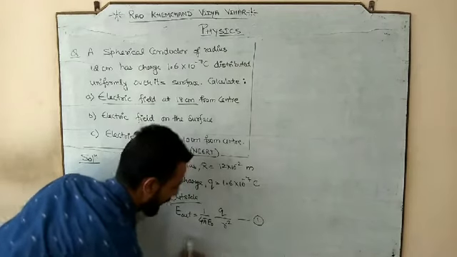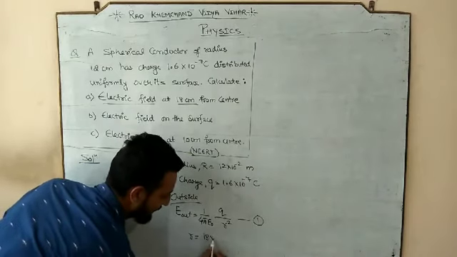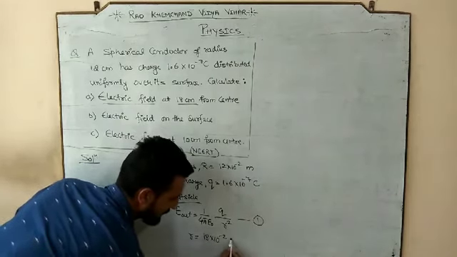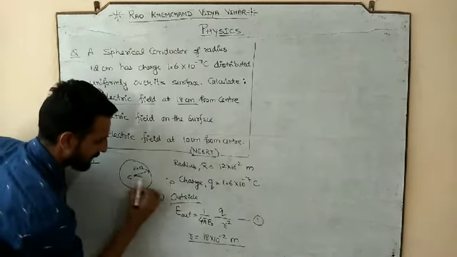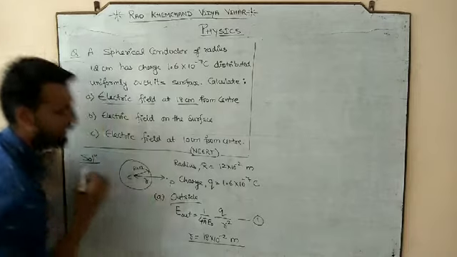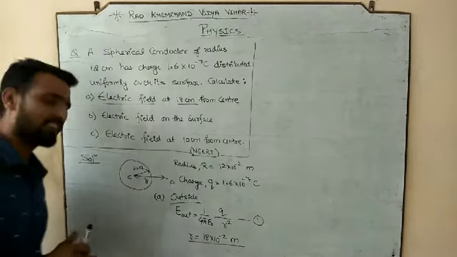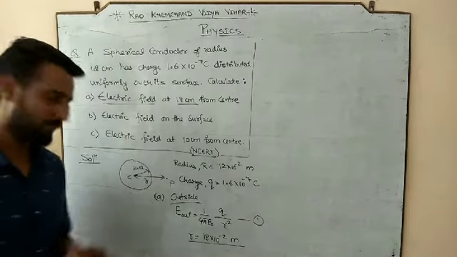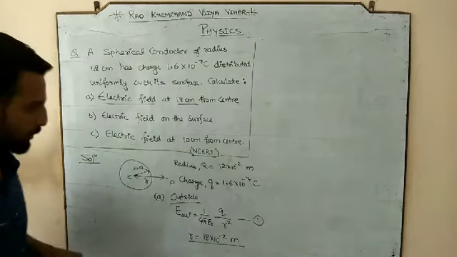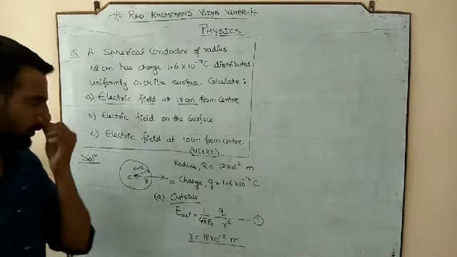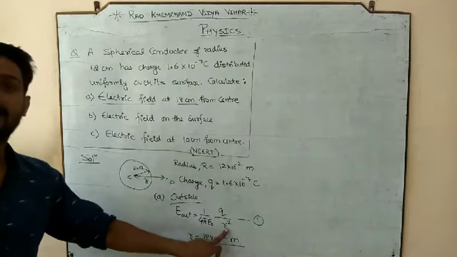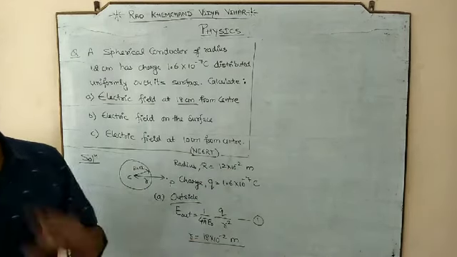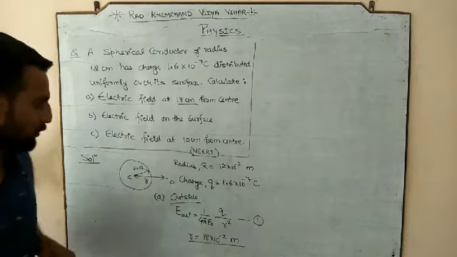And what is the small r from here? 18 centimeter. Let's suppose this is your P point. This is your small r. Done? And I think you can solve this on your own, so I am leaving the calculation part up to you. 1 by 4 pi epsilon naught, you know that is 9 into 10 to the power 9, charge has been given to us, but here it should be the small r because he is asking us to calculate outside.